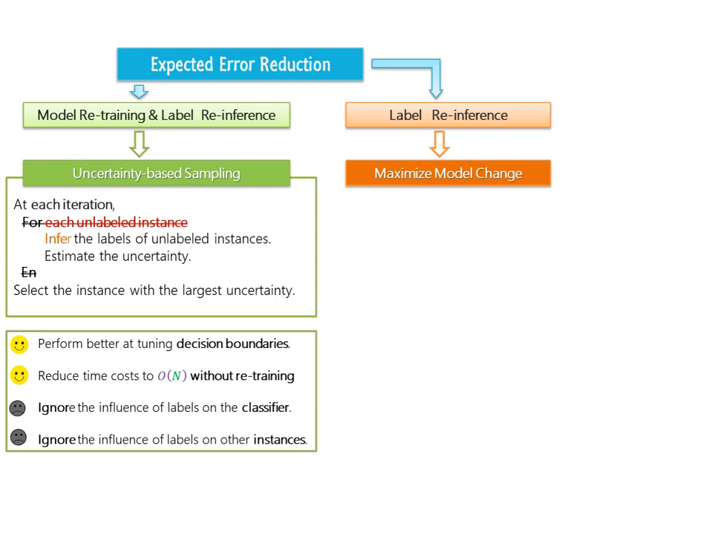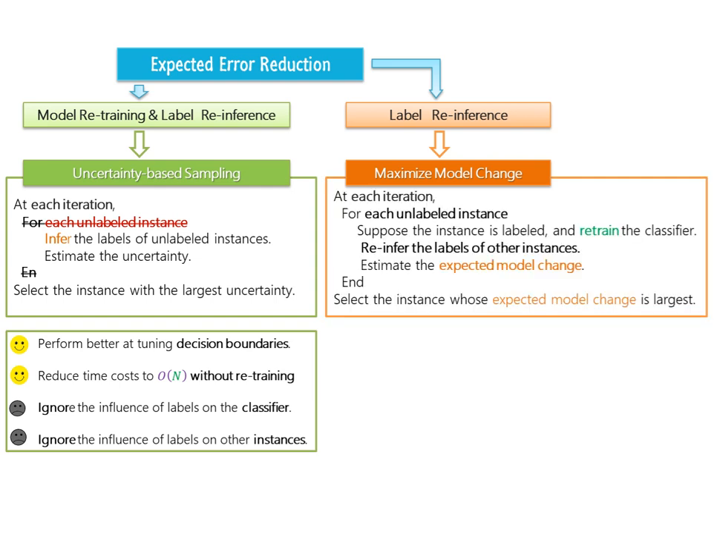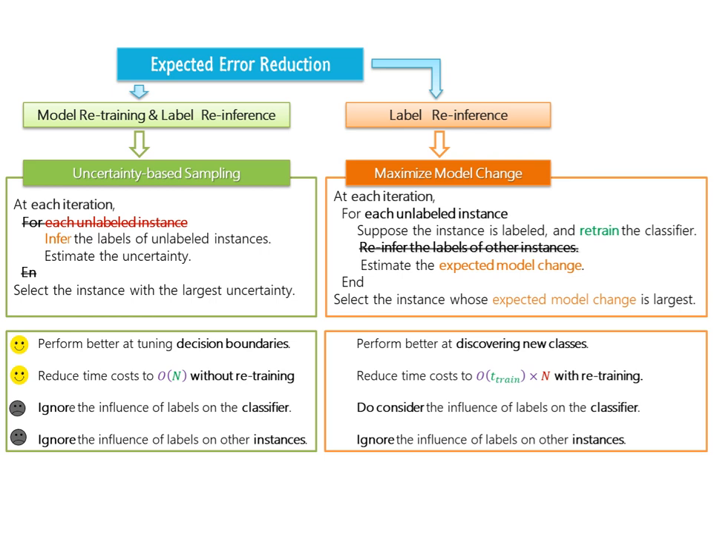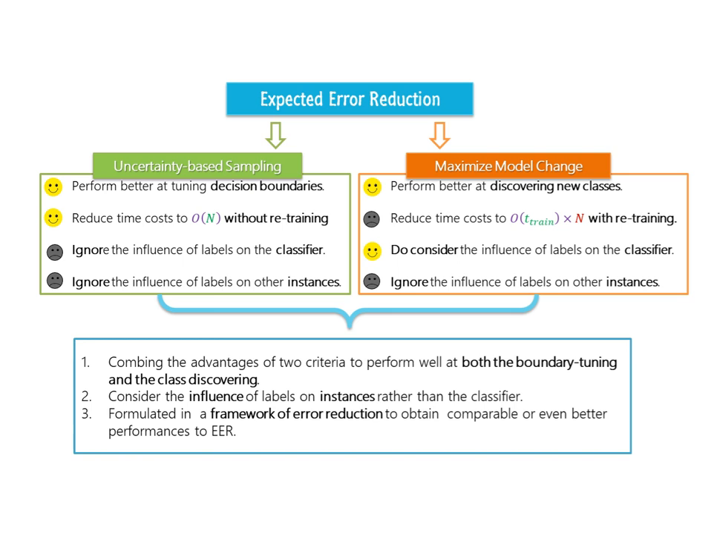Another kind of method is based on maximum model change. Compared with ER, these methods do not require the label reinference for a vast number of instances, and remarkably reduce time costs. On the other hand, compared with uncertainty-based sampling, they do consider the impact of labels on the classifier and perform better at discovering new classes. However, as they still ignore the impact of labels on real instances, their performance is insufficient as the number of labels increases. Therefore, it is desirable to avoid the label reinference and combine the advantages of the above two